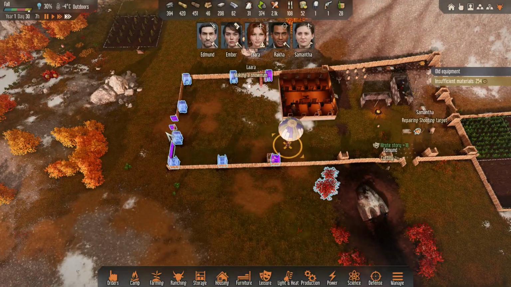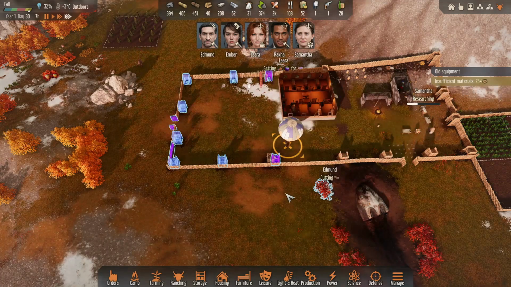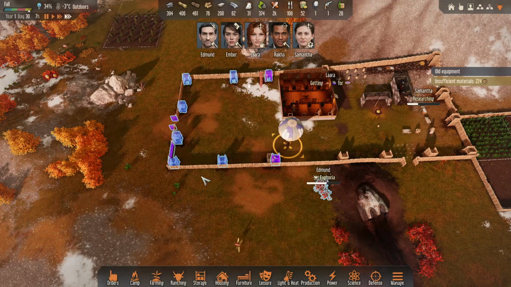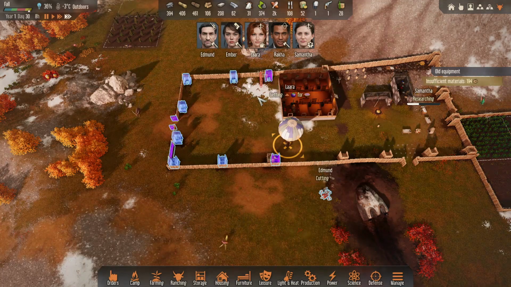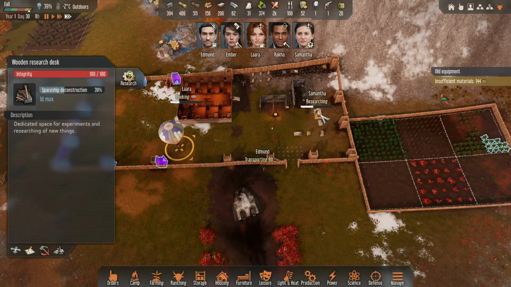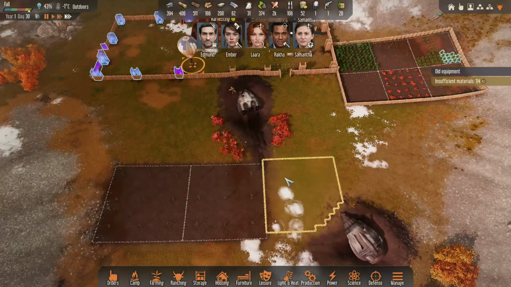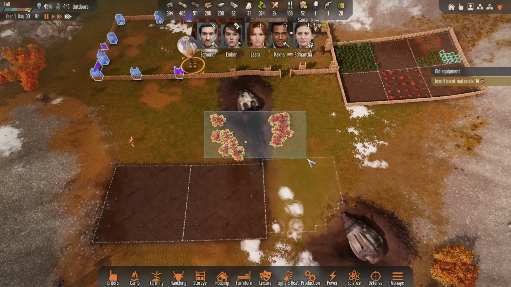At this point, we are open for attacks because this is not completely closed off. So, might be useful to make sure that this gets all built. And Samantha's starting to do research. That's great because now she is researching the spaceship deconstruction, so we can get rid of parts like this. And by getting rid of those parts...